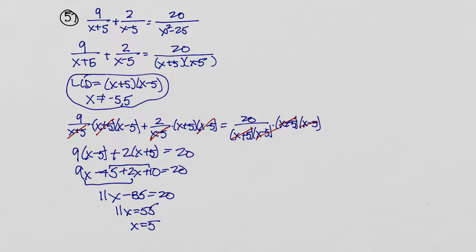But now, as we always do in these rational equations, we need to check to see if this is excluded or not. So we follow it all the way back up here, and sure enough, 5 is an excluded value because 5 is going to give us division by 0 here and here. So it's excluded. That's what we got for an answer. We have to toss it out, and we don't have anything else. So we're going to say this equation has no solution. But the way a lot of textbooks write it is just write the Greek letter